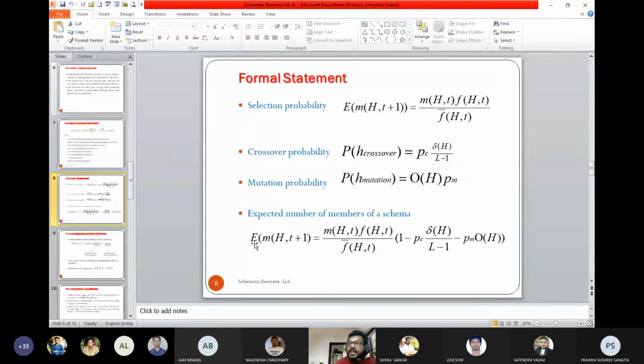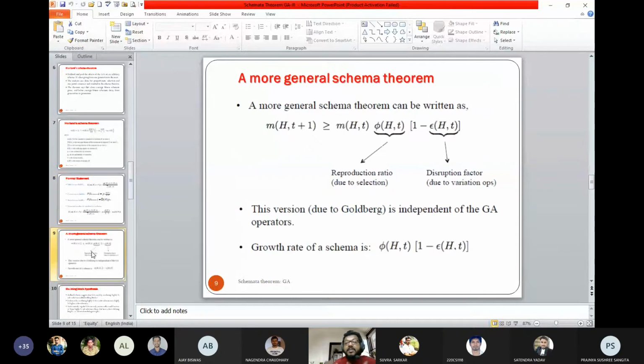Again, there are 3 schema in your population, H1, H2, H3. I have told you that out of 10 members, only 7 fit into 3 different schema. Don't worry about the 3. Then you need to select among H1, H2, H3. For all 3, you have to calculate the expectation value. Whichever is found to be higher will be selected.